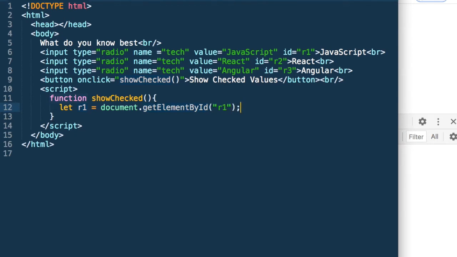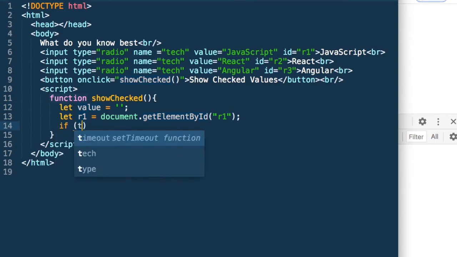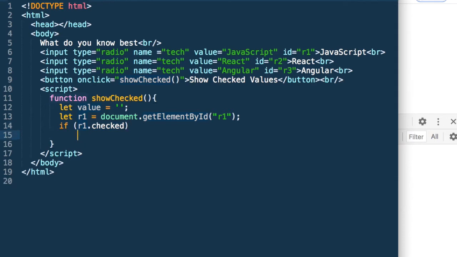And because we want the value, let me define a variable. Let value be an empty string. I can say if r1.checked, then value is equal to r1.value.